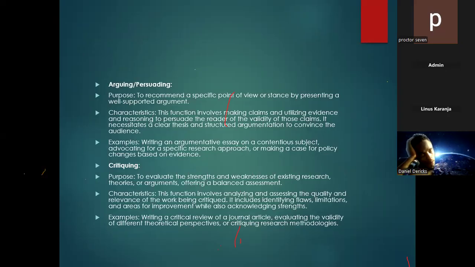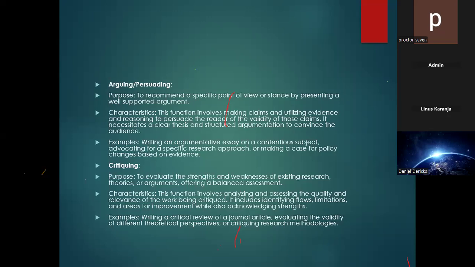Then we have persuading. You take a position and you persuade. For example, if you prove that artificial intelligence is beneficial to the society, then you have persuaded us. People are now talking very negative about it, and it's because it's also being misused. Most of us don't even read nowadays. You just use artificial intelligence. Artificial intelligence is also good if you know how to use it, to give you good resources, to just help you open your eyes on an idea, and then after that you go and research. But you don't just depend on it.